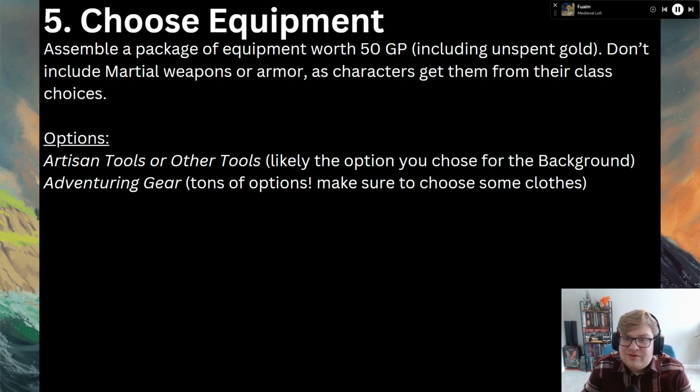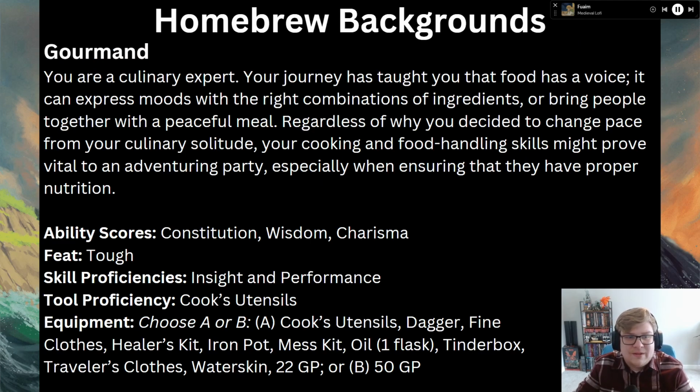I'm actually going to show you 2 homebrew backgrounds that I created specifically to share with you guys so that you can get an idea of how you can use these 5 steps to create a background for a character. So here is the first background that I made. It's called the Gourmand. This is a culinary expert who specializes in making meals and